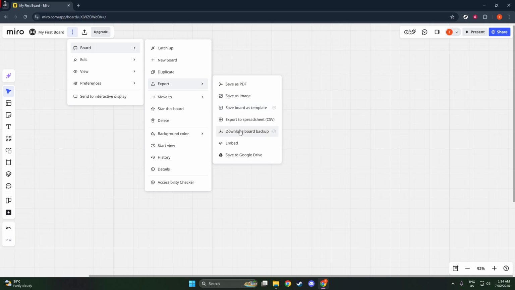At this point, you might be wondering where to save this file. You have a couple of options. You can either save the .rtb file directly to your device or select a location in the cloud, such as Google Drive or Dropbox, for added security. Saving your file to the cloud is an excellent choice if you access your boards from multiple devices or want